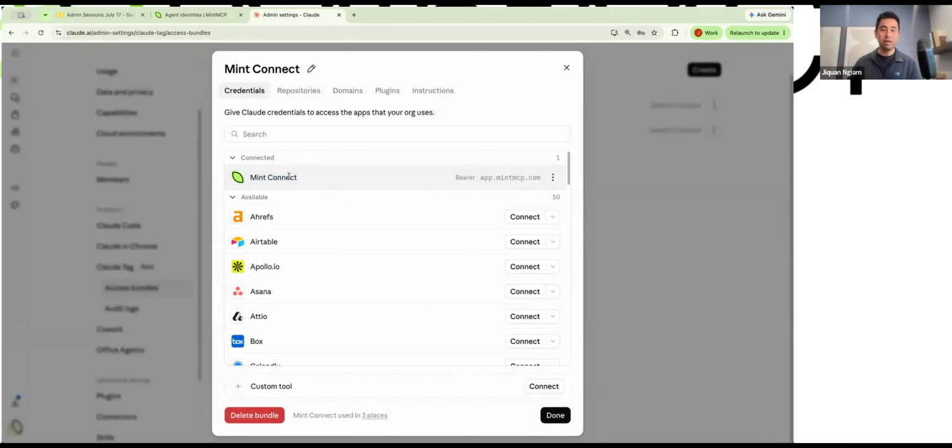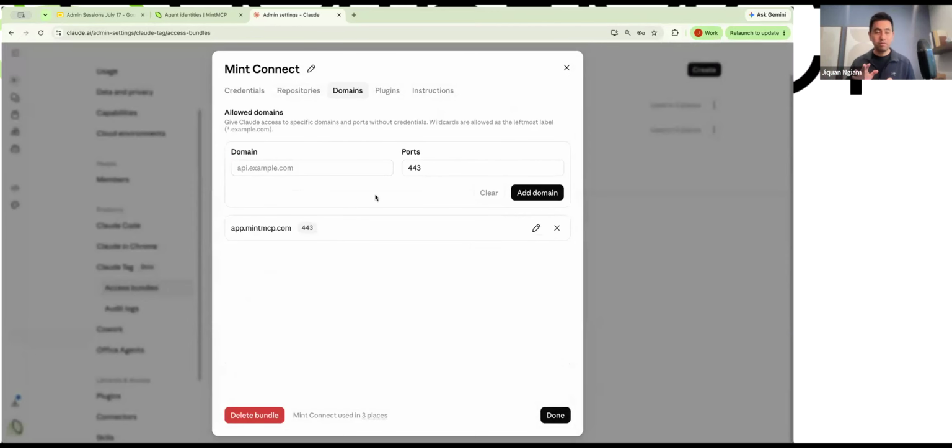There's a few other things in here that we noticed. Claude has a specific access policy on domains, and it's quite inconsistently applied right now. Sometimes it's applied, sometimes it's not. So we found that it's important to add any domain you want the Claude Tag to access in this allowed domain list. We noticed that it worked the first time without this, and the second time around we had to add this in for it to work again.